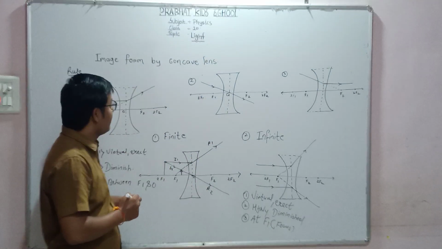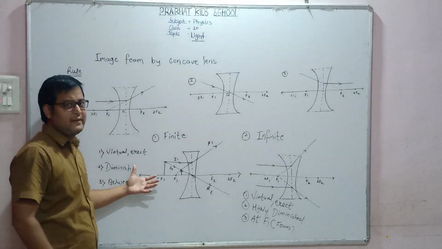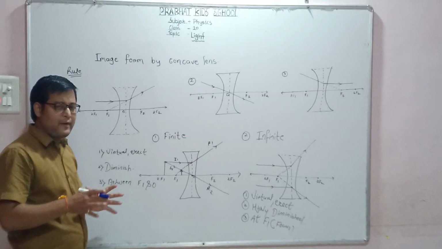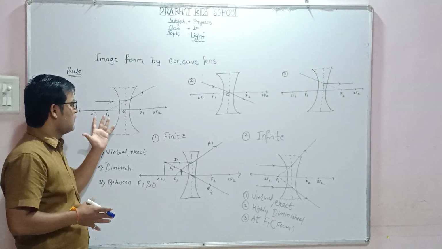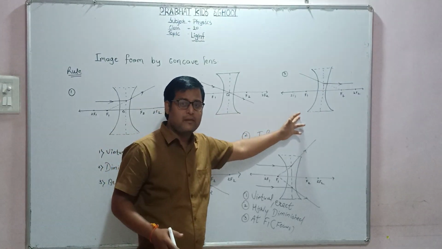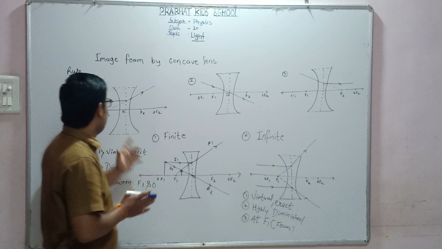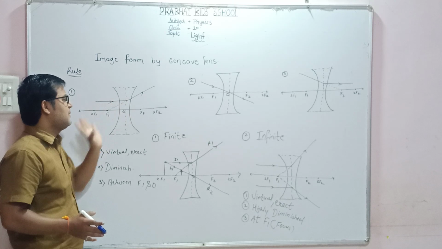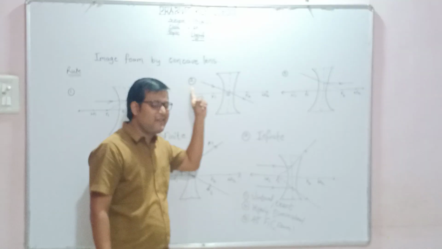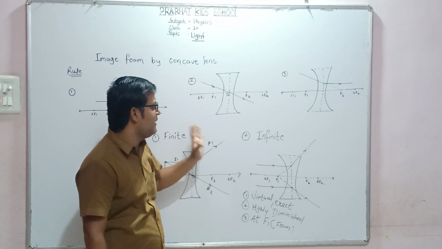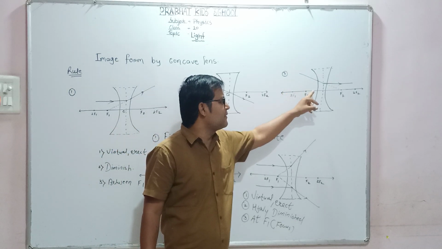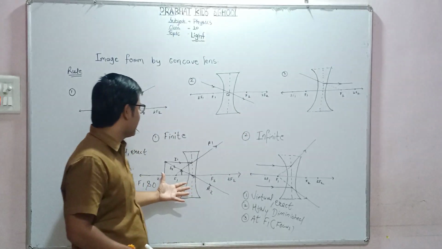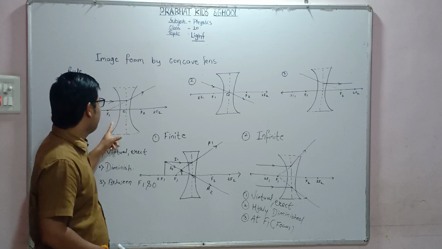So dear student, these are the images formed by the lenses, especially the concave lens. So again I am going to revise. These are the rules 1, 2, 3. These are the rules for the image formed by the concave lens. First rule, any ray moving parallel to the principal axis, after refraction appears to pass from the focus. Any ray which passes through the optical center is undeviated. Any ray moving towards the center, the refraction is parallel. You can apply this rule to this ray diagram also.